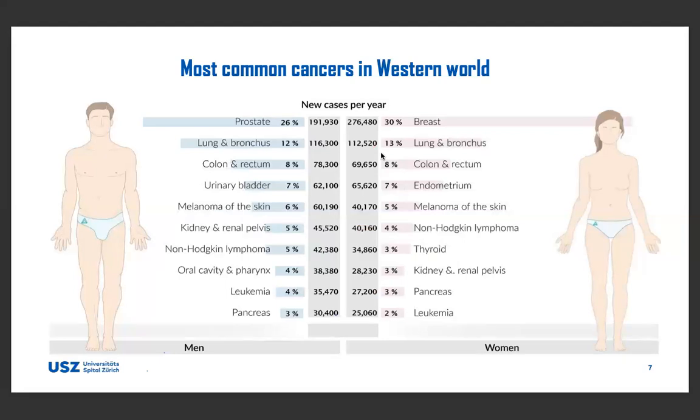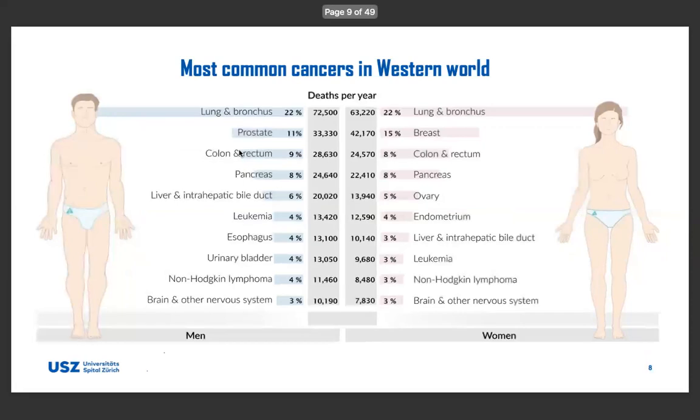And if we look at cancer with regard to sex, we can see here that prostate cancer is the most common one for men, while breast cancer is the most common one for women. And then the second place, for both genders, with 12 or 13%, is lung cancer. And if you look at death, that's more or less the same. So we see that despite being the second most common disease, lung cancer is the leading cause of death in men and women. Per year, in this example, we can see that 36,000 women are affected and roughly 73,000